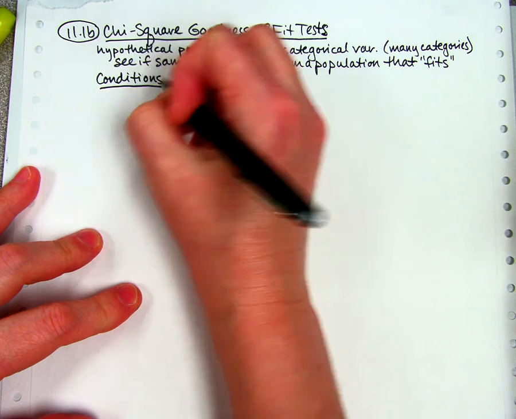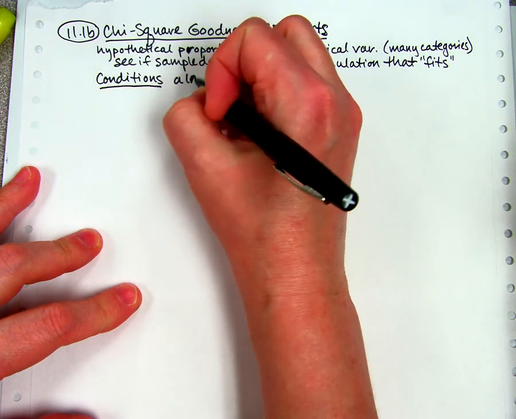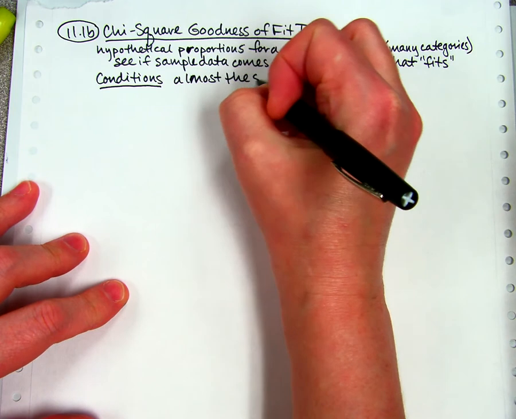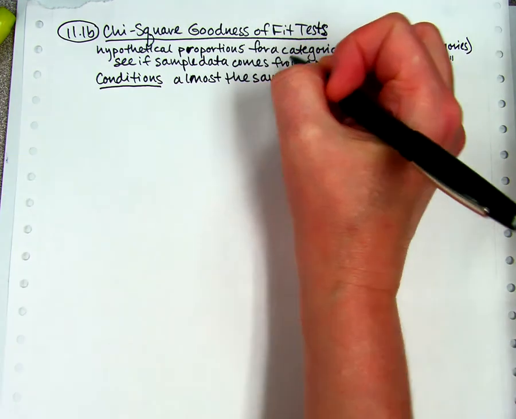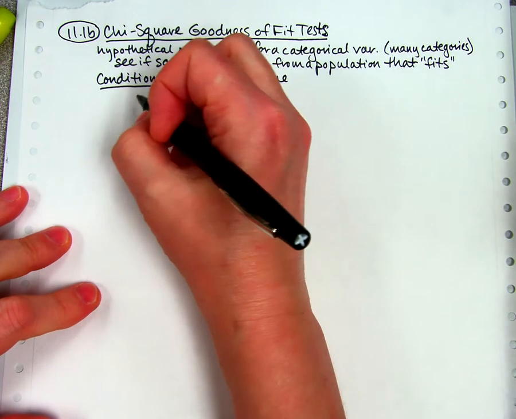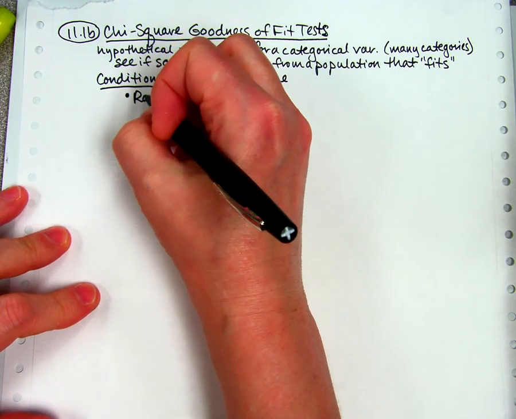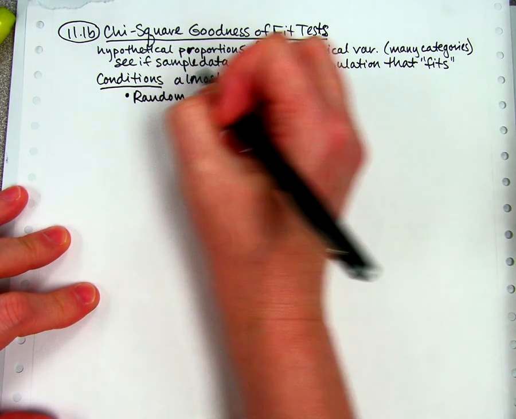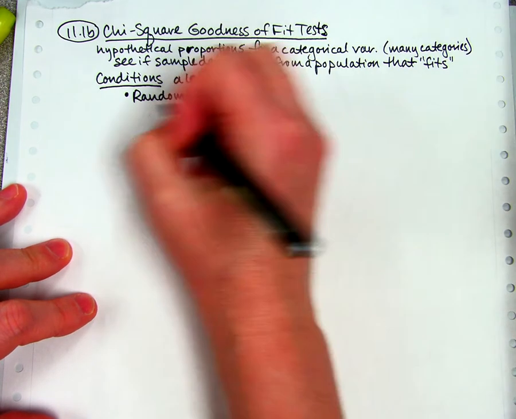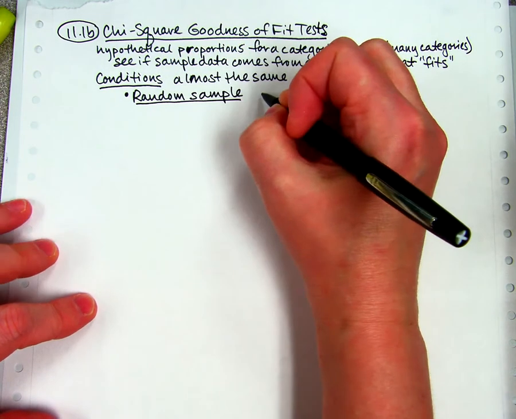The conditions are almost the same as what we've been doing in the other chapters, and that's kind of comforting. In fact, 2 of them are exactly the same. First of all, random. It still has to be a random sample, or sometimes there's an exception to that rule, which I will tell you about. Random sample is usually given,